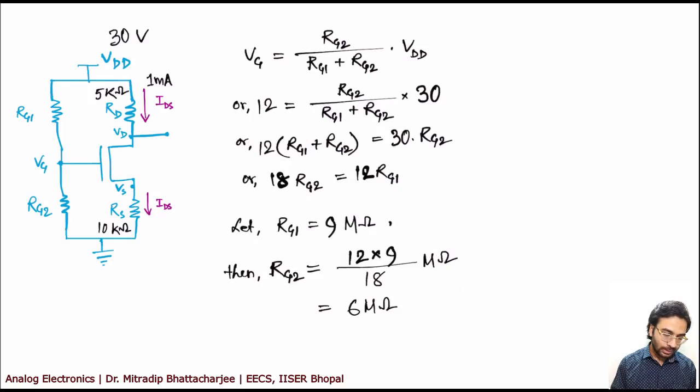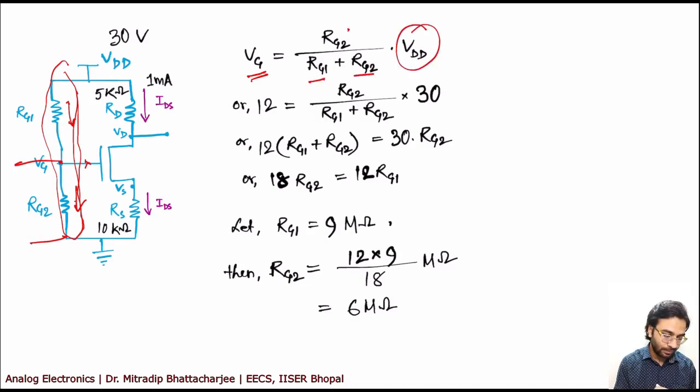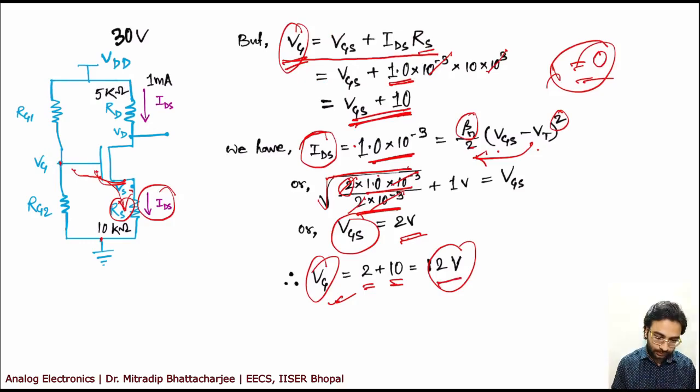Now what is the VG value from this side? See, one advantage you have is these two currents in this case are exactly same, because you have no current going through gate. Previously there was a current IB, which for higher beta you neglected, but in this case it is 0, so you don't need to neglect or do something. So your current is same, so you can directly apply a voltage divider like previous. So this VG will be RG2 divided by RG1 plus RG2 into VDD. So VG you already calculated 12 volt